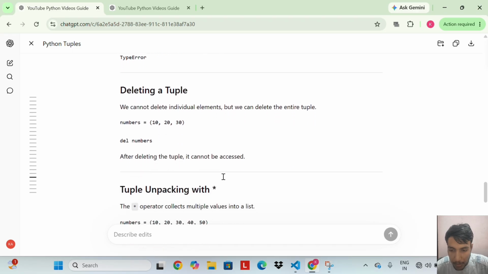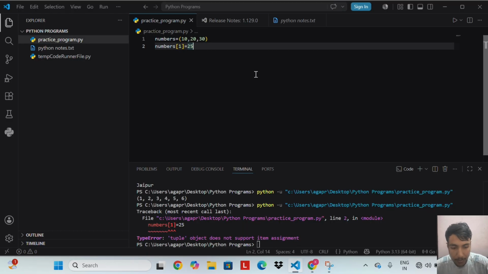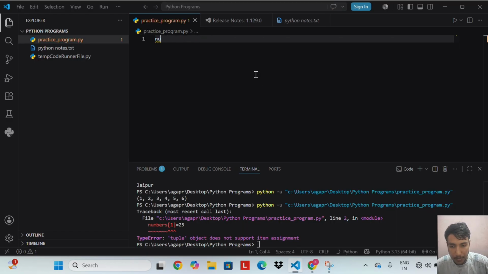Deleting a tuple. We cannot delete individual elements, but we can delete the entire tuple. So let's do an example of deleting a tuple. Numbers equal to 10, 20, 30.